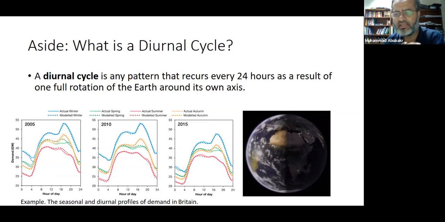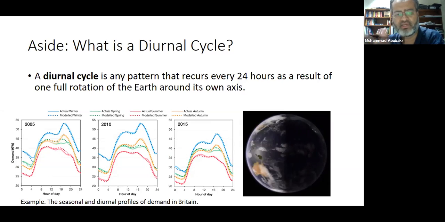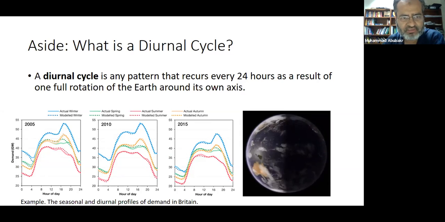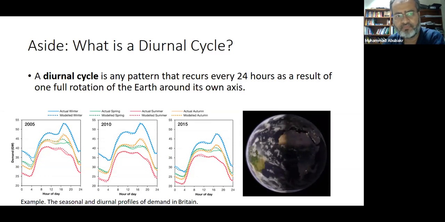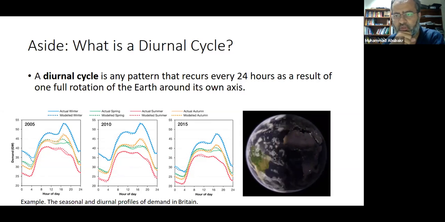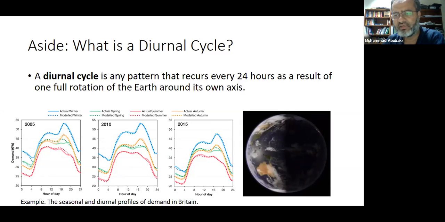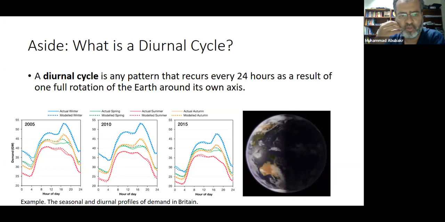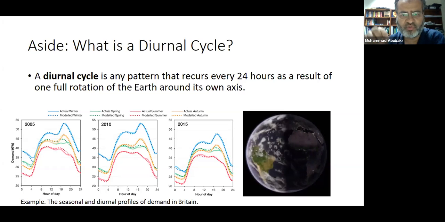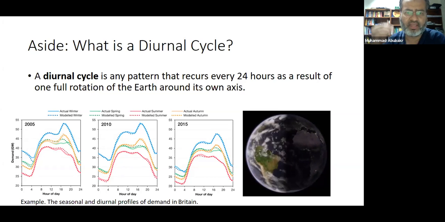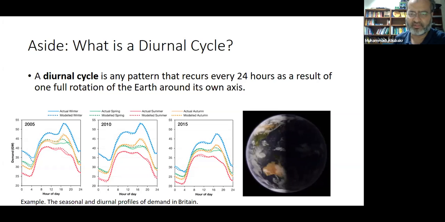example of that. लेकिन यहाँ पर मैं आपको एक और तरह का पैटर्न दिखा रहा हूँ just so that you know कि इस तरह के पैटर्न्स क्या होते हैं। तो on the x-axis you can see that there are 24 hours in a day, और on the y-axis this is energy demand, ठीक है, in Britain. So these processes can be natural processes, these processes can be also engineering processes या social processes भी हो सकते हैं। तो यहाँ पर लोग जिस तरह से एनर्जी को इस्तेमाल कर रहे हैं, so उसका ये diurnal profile है, ठीक है। तो this will help you understand कि हम बाद में क्या बात कर रहे होंगे।